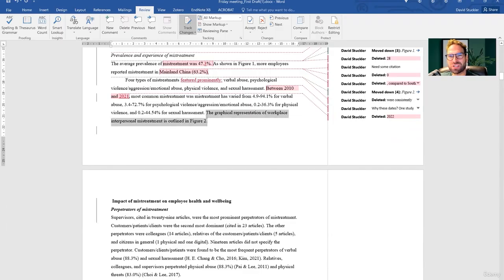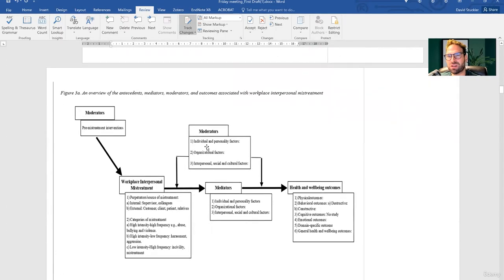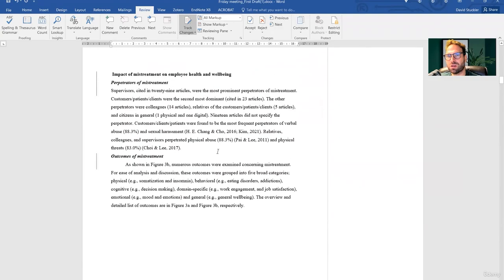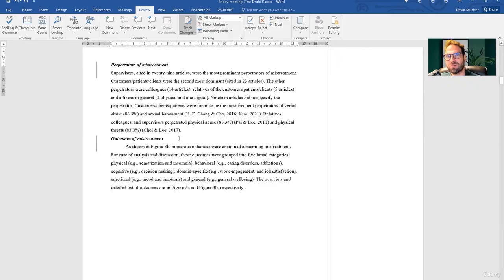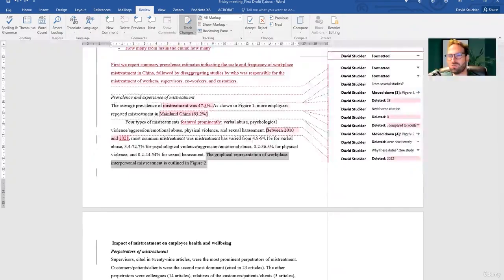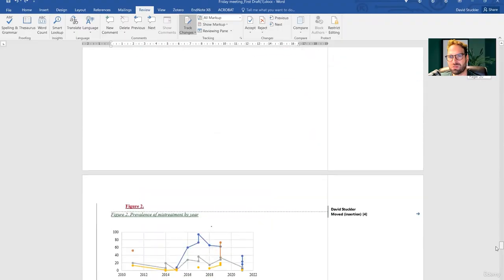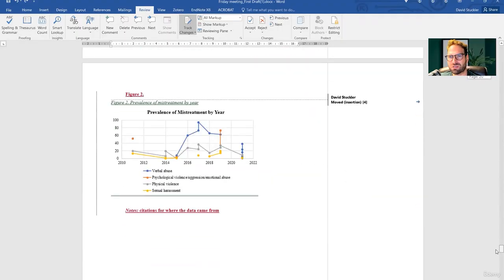This graphical representation, if you didn't make this, I don't think you need it. I want to focus on things that you found and you did. So where is, oh no, figure two was, wait a second, figure two is this.